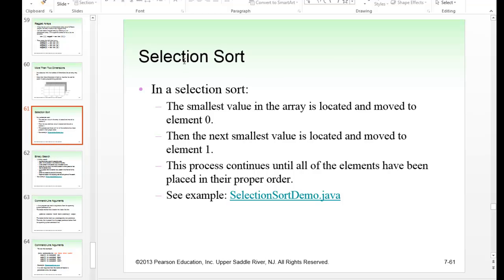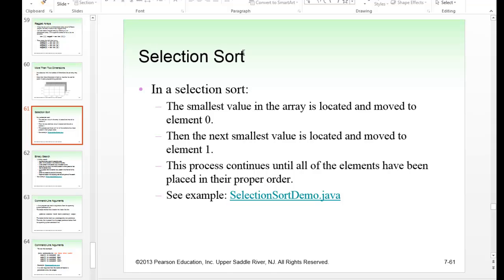I said that the sequential search was one of the searching algorithms. There are many, many different searching algorithms. There's also a bunch of different sorting algorithms. So sorting is another technique that we're very interested in computer science. Sorting is done quite frequently. It keeps data organized, and therefore in many scenarios it makes it easier to access. So